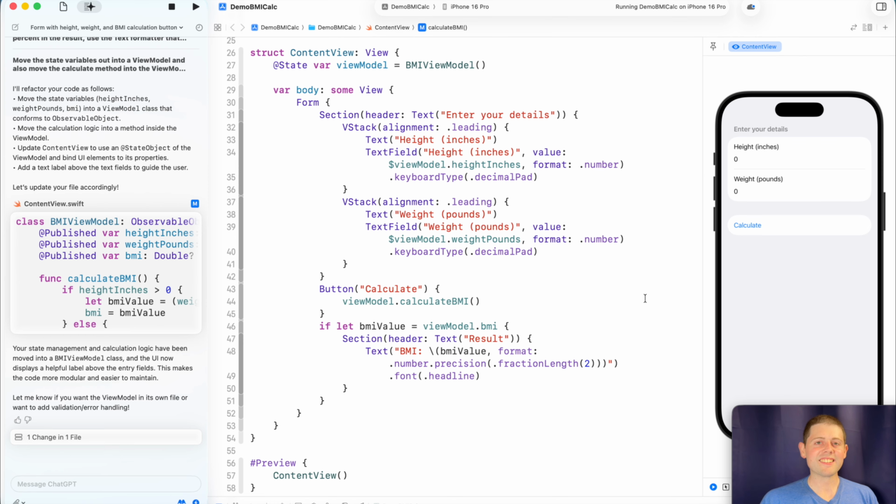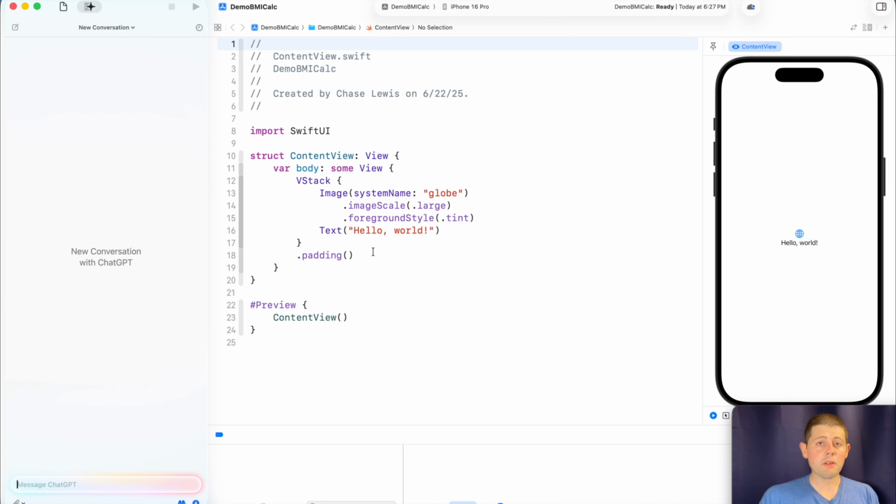Let's learn together. So here we are in our brand new Xcode project, and let's start with a view. Now for a BMI calculator, obviously there's a couple things you'll need, and you can get a rough number with just a height and a weight. So let's let the ChatGPT integration know what we're looking for to roughly lay out our view. So let's say I want a form and I want two text fields,